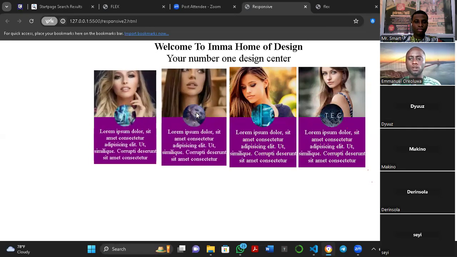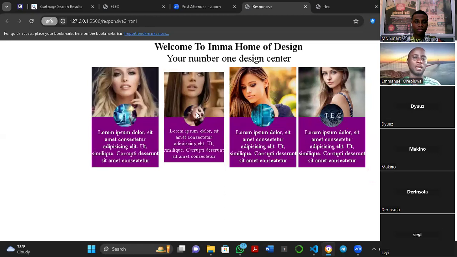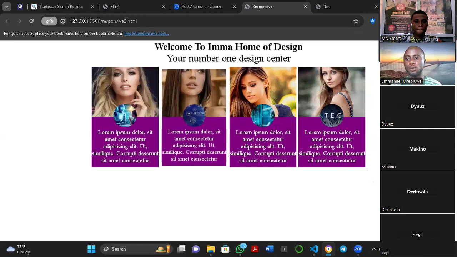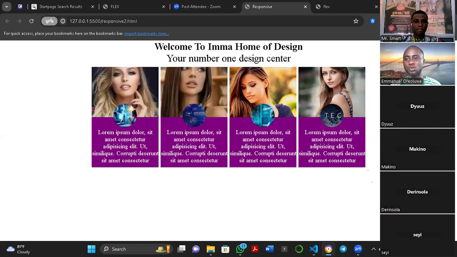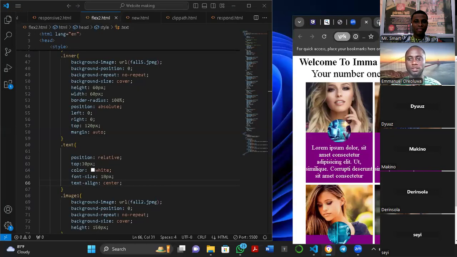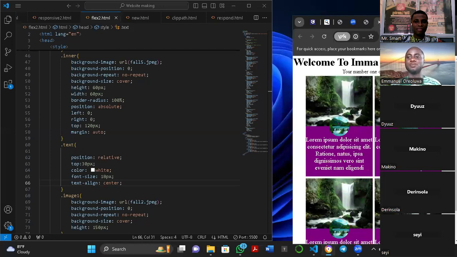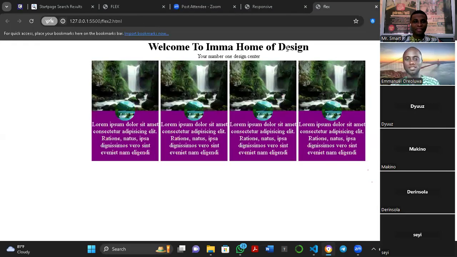So all this is step by step. Just take your time, go through it. You see that they are very simple and it's something that you yourself can do. You understand? So next class, maybe we will touch on the effects, the hovering effects. And okay, before we go, let me change